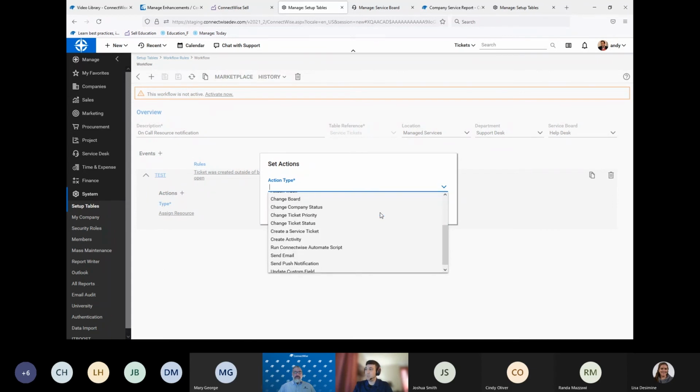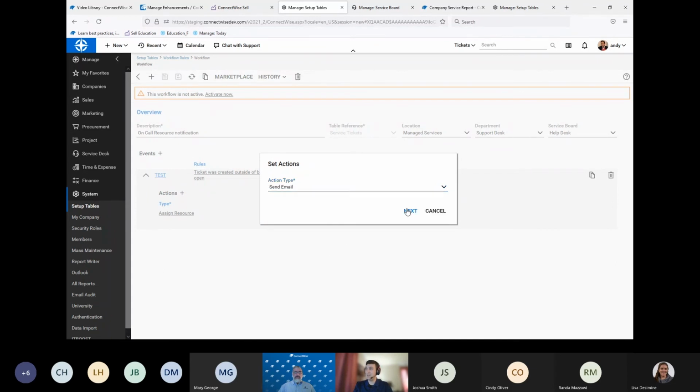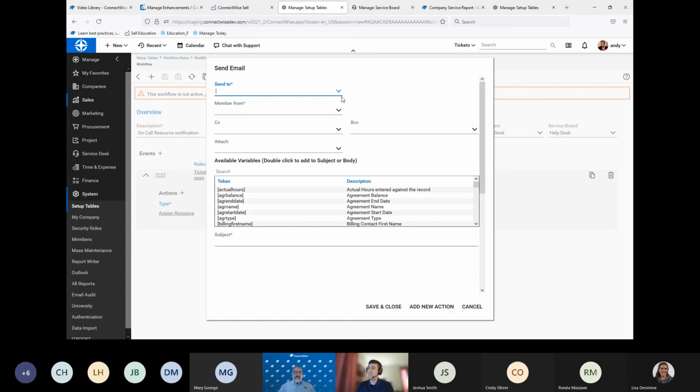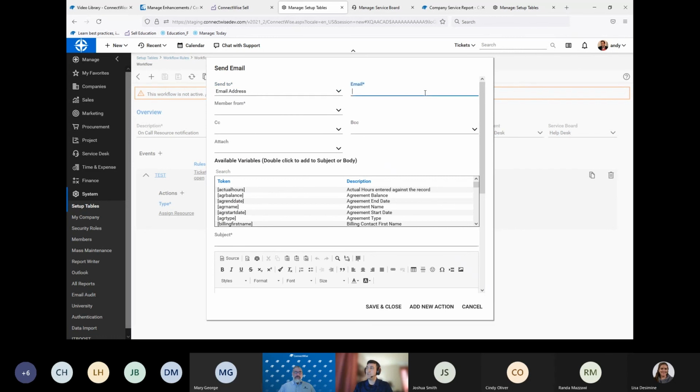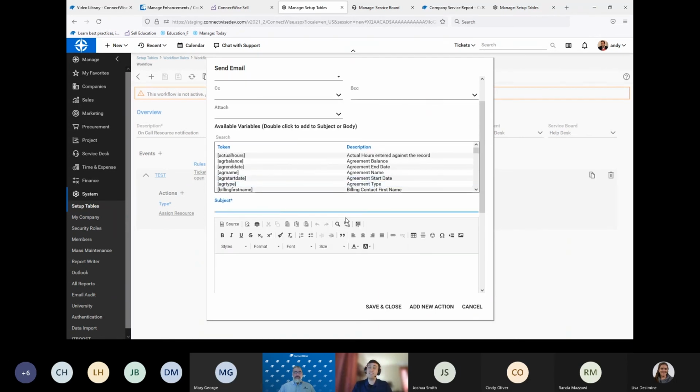And I'm actually going to be using the send email action type. And for this, we're going to be sending this email to a specific email address, and that is going to be my email connector. In this case, help@mycompany.com. And the reason we want to do this is we're going to have the workflow rule send emails into this email connector. And if I format the subject line the exact same way I do my closed loop emails